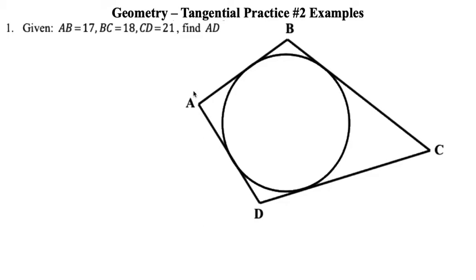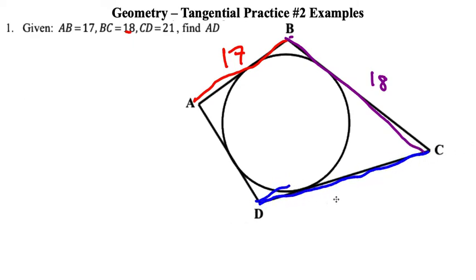So in the first question here, we're given that AB is 17, BC is 18, CD is 21, which means that all of AB is equal to 17. BC, this side right here. Now you may be looking at that going, hey, wait, that's not that much longer, or that doesn't look right. Remember, drawing is not necessarily to scale. And last but not least, CD is equal to, so we can draw a straighter line here, there we go,